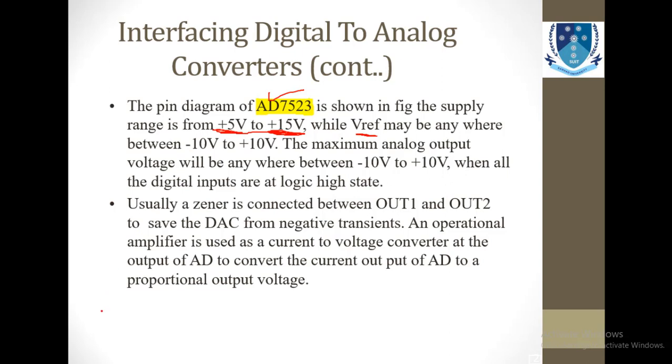If you remember the previous IC 808, the reference value was normally taken around 2 milliampere. So this was only a fixed value, but instead of a fixed value, now you can vary this value, and it can vary from minus 10 volt to plus 10 volt. So you see you have 20 values.